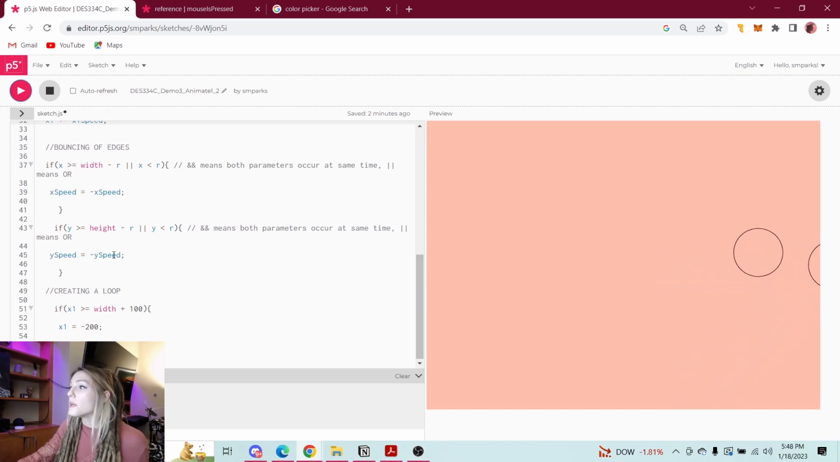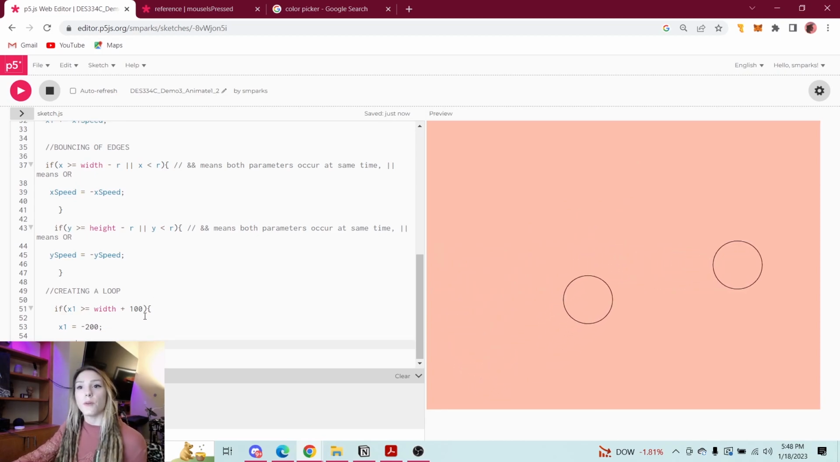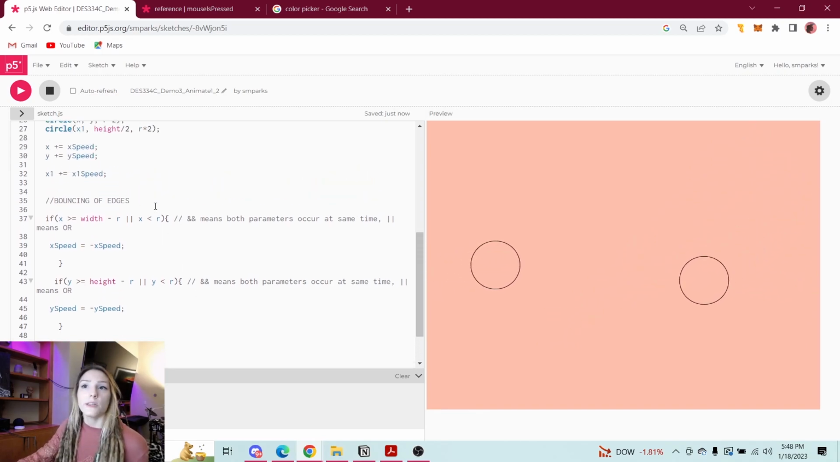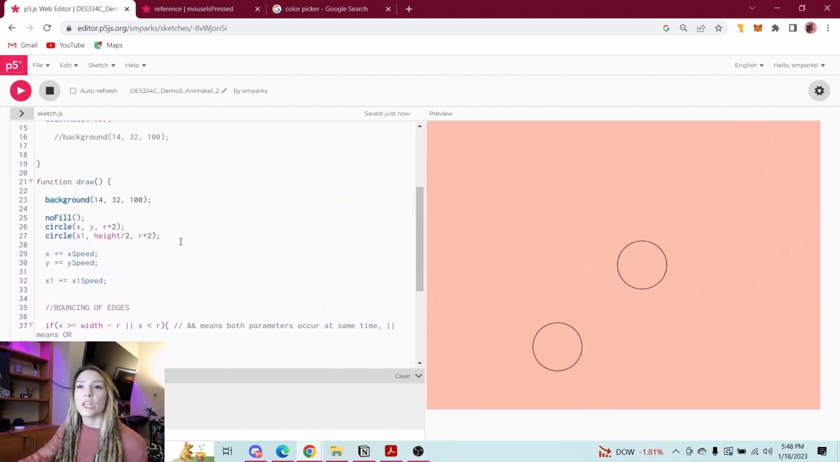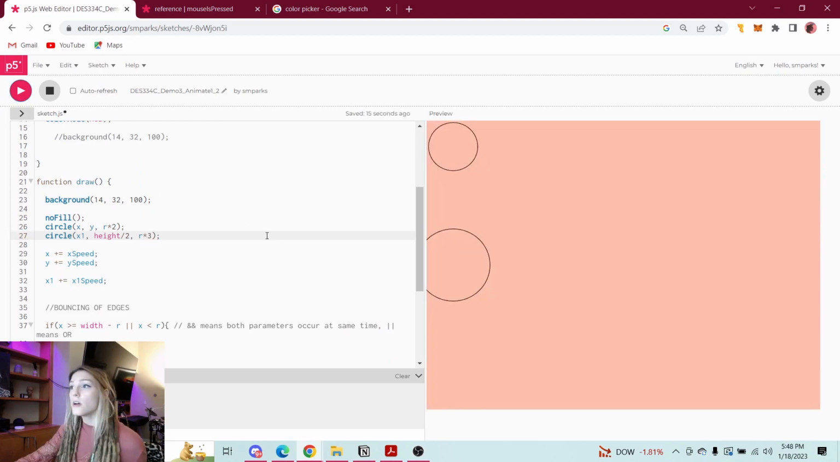So now the speed, there we go. It's exiting the building and it's entering. Cool. So they're just working with different variables, these two different circles. And we can change the size to give us more variation. We could also do